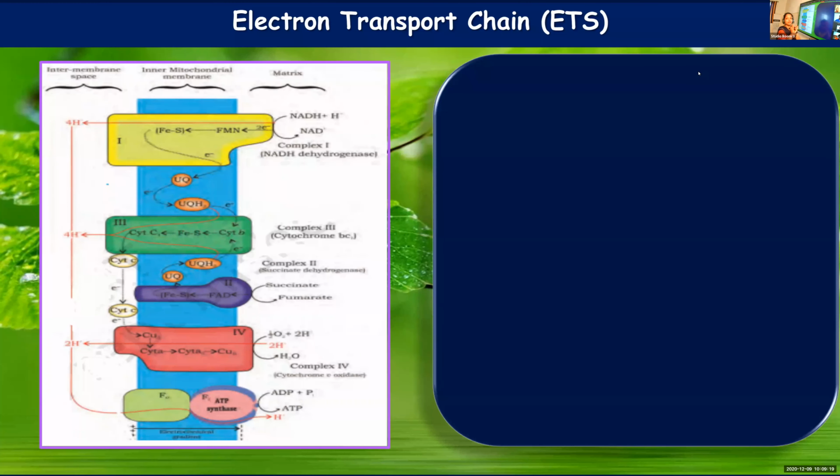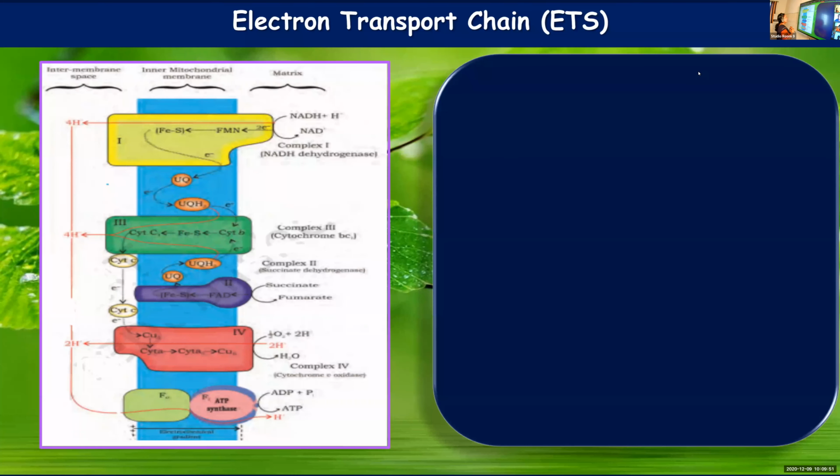Mitochondria has got two membranes. It is double membraned, provided with two membranes, inner membrane and outer membrane. So in between inner and outer membrane, there is a space. You call it the intermembrane space. And within, in the center, bordered by two membranes, they have matrix. So in the lumen of the mitochondria, matrix is present.